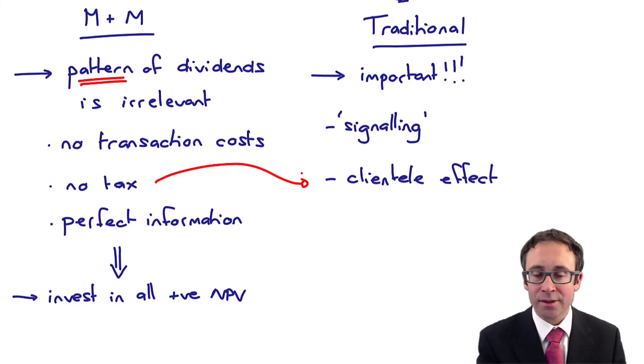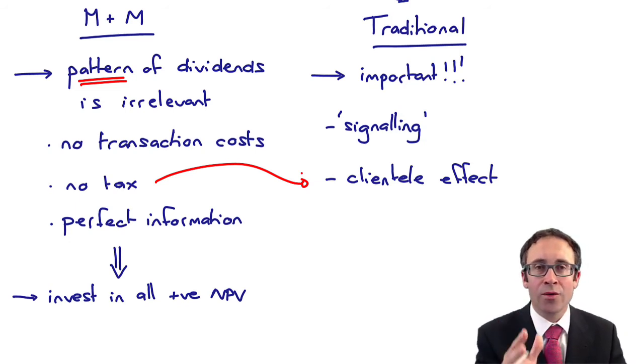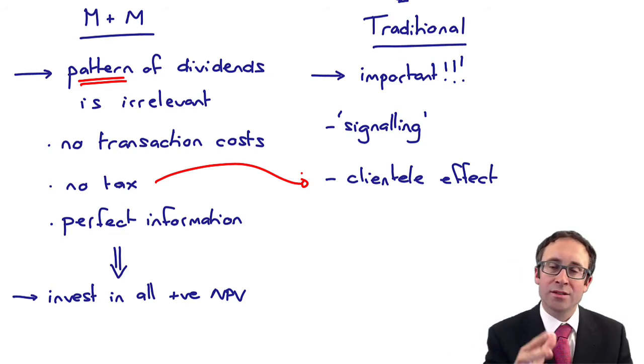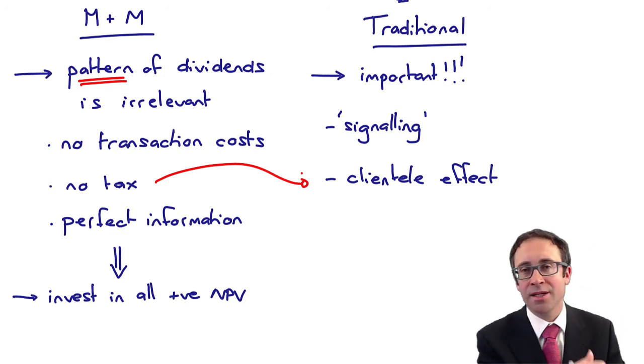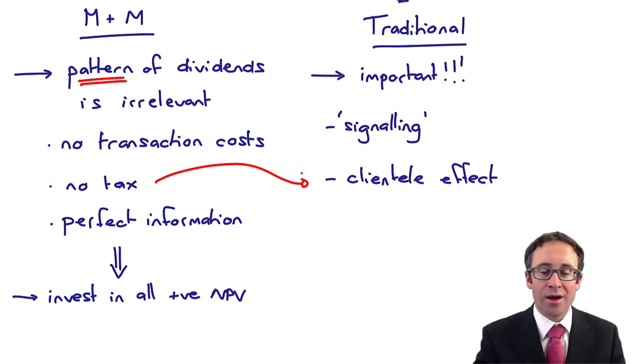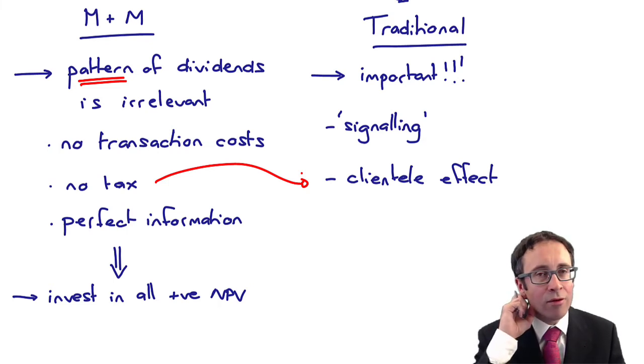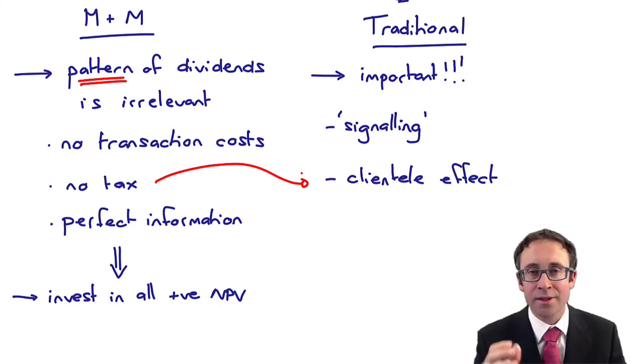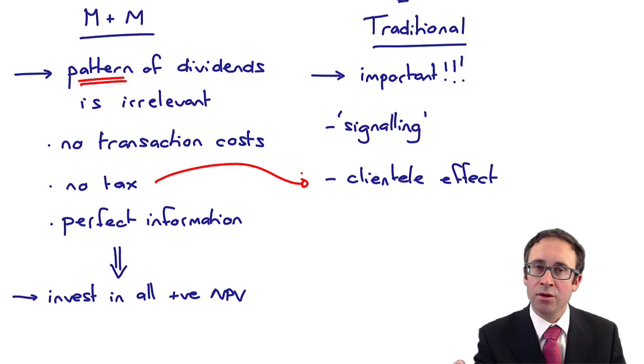Okay, so the traditional theory states that it is important that you maintain and communicate your dividend policy to your shareholders, whether that is a pattern that exists based on a percentage of earnings, a percentage growth every single year, then therefore that needs to be maintained. Okay, if you change it, it shows a bad signal, and it also might upset your